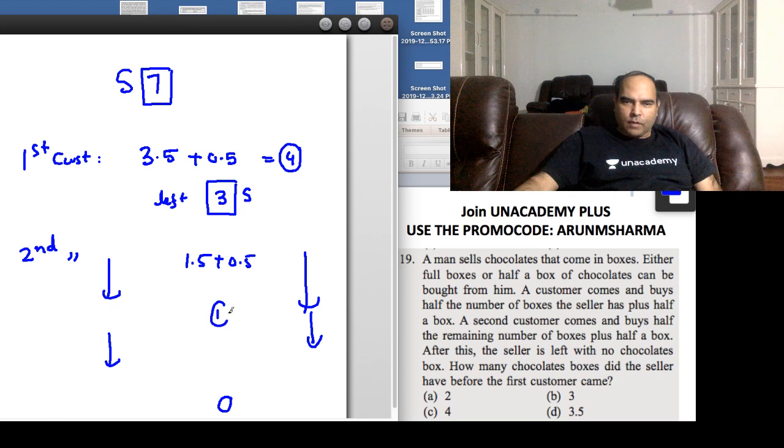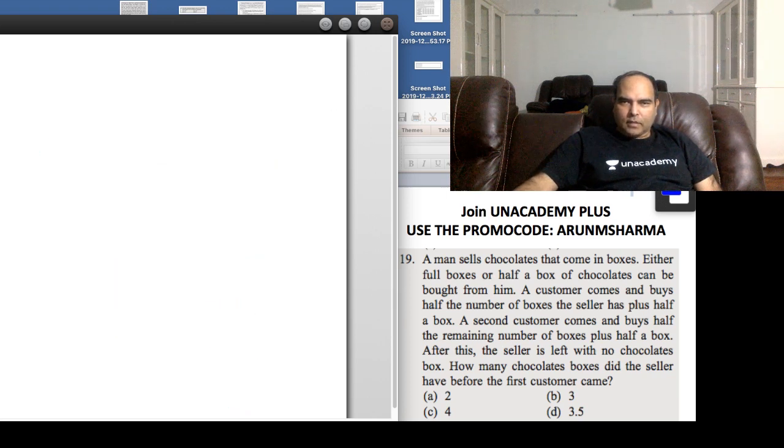So one box left for the seller, and 0.5, half the boxes plus half a box, does make it 0 indeed. And hence this is the correct answer here. So now if you want to look for a pattern inside this, you could see that with two customers,